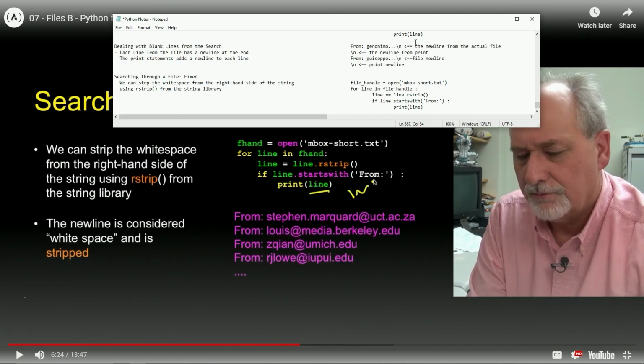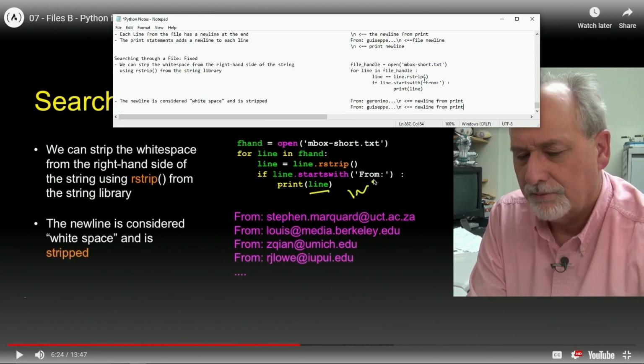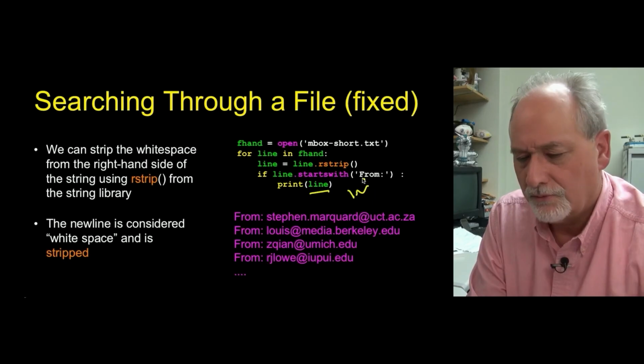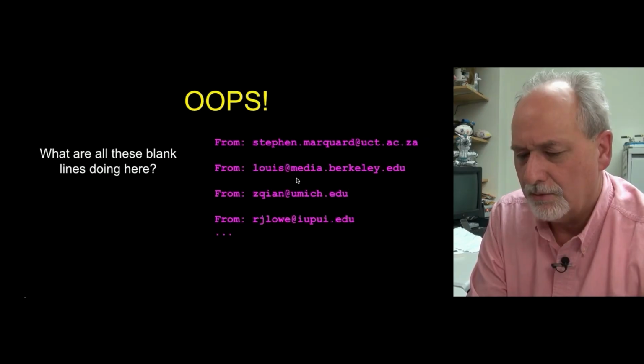All right. So we don't have the file new line anymore that was already in it because we did this strip, and the only new line at the end, which would be here, here, here, and here, is from the print. So there's going to be new lines on all of them. These new lines are from the print and not from the file itself. All right, so let's go. Boom. Oops, where am I at? I'm on the wrong slide. There we go. All right.